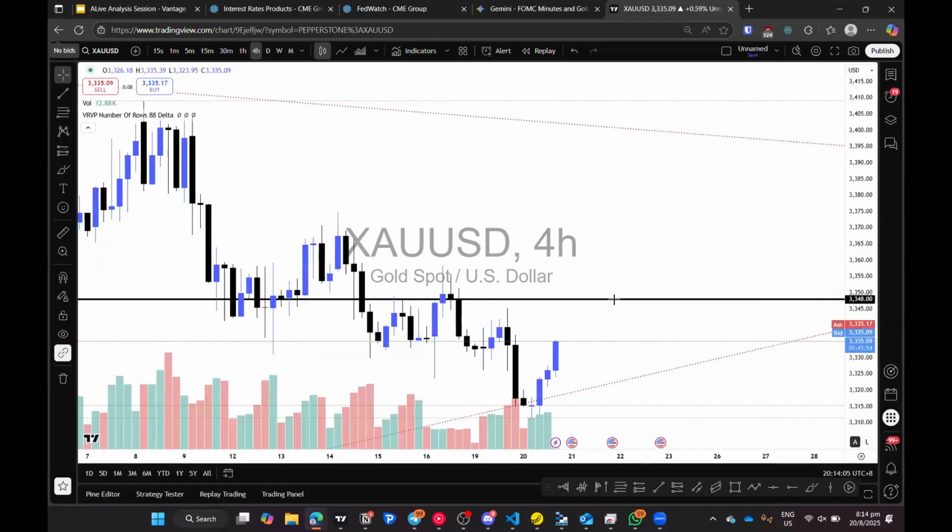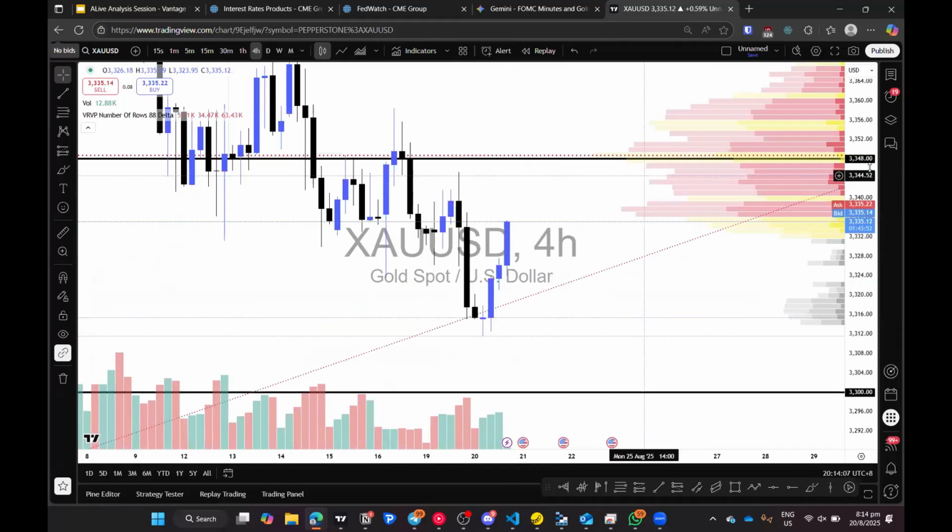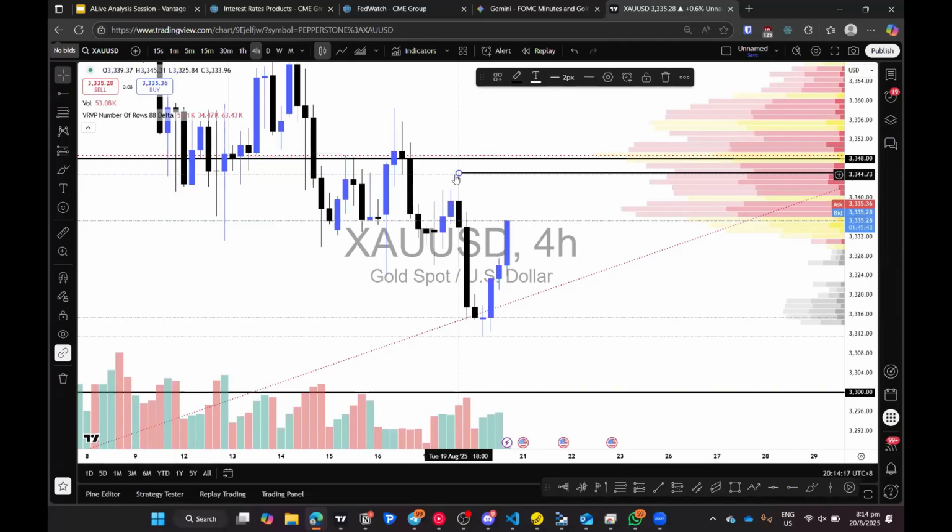So again, these levels are the key levels that we're looking at. This is the Gemini level, but we'll be looking at this key point here because this is where the selling started, and it pushed all the way down to this level here. Okay, so if we're bullish, we want to see price cleanly close above this. We'll probably see some resistance at 3,258.